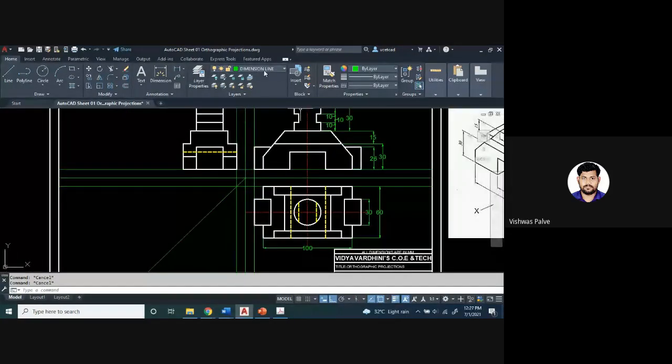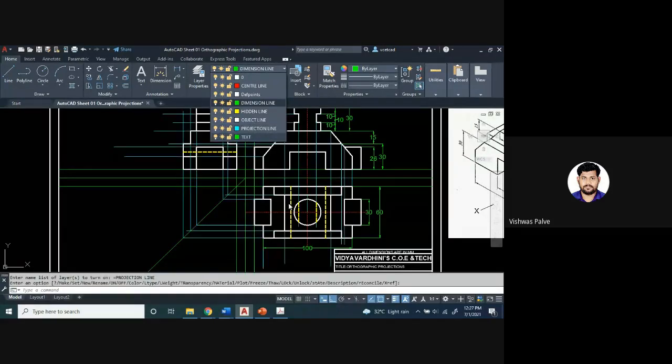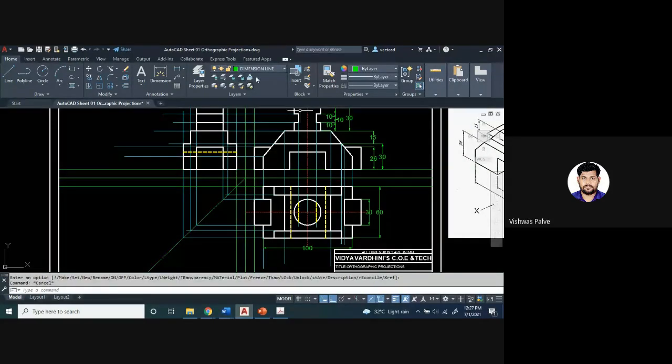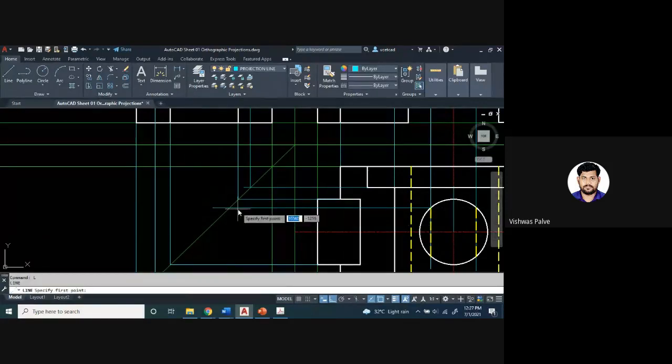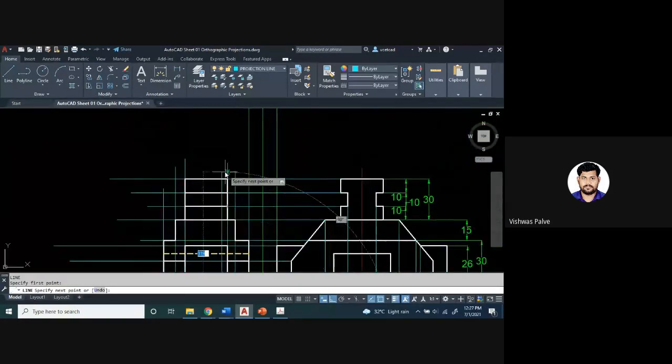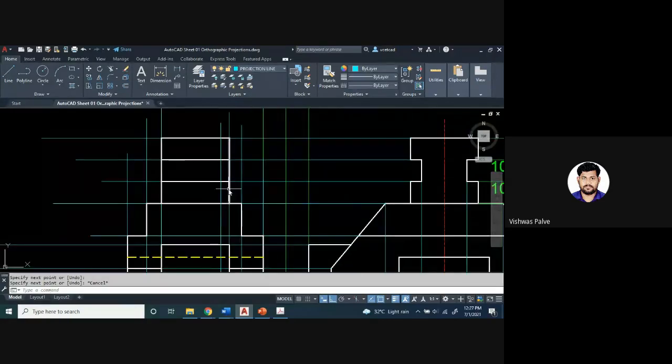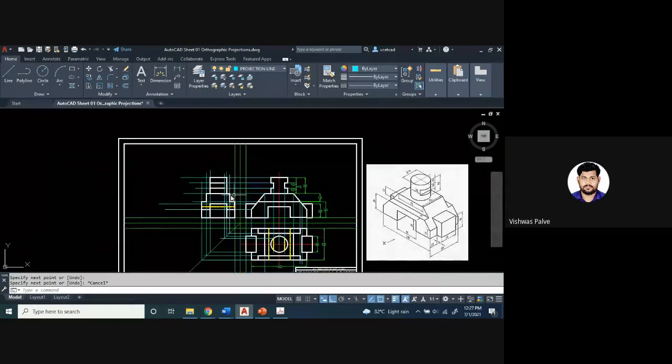So for that, we have to take a projection. Because we don't know exactly at what point that is connected, I'll take a projection for that. Take a horizontal projection first. Then transfer that point vertically above. So this is the point where that slot is connected. Use TR, double enter, trim it off. Trim this edge off, and here you can get a straight line. You will get an object line there.